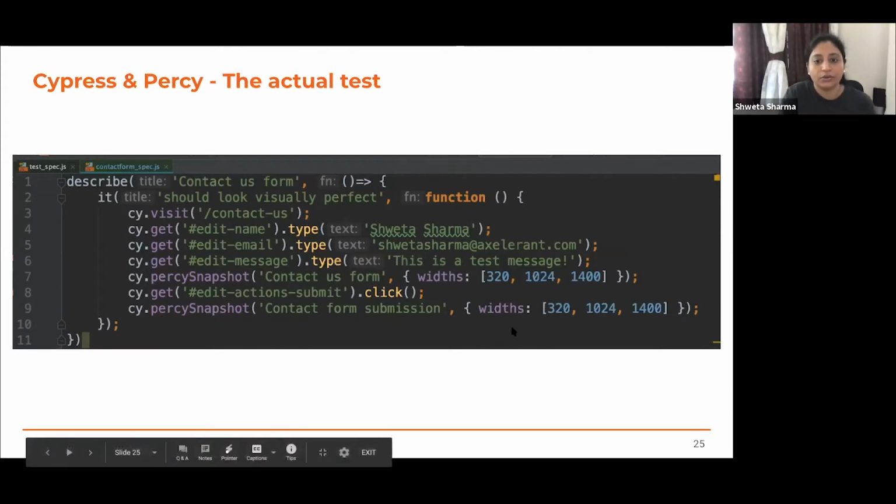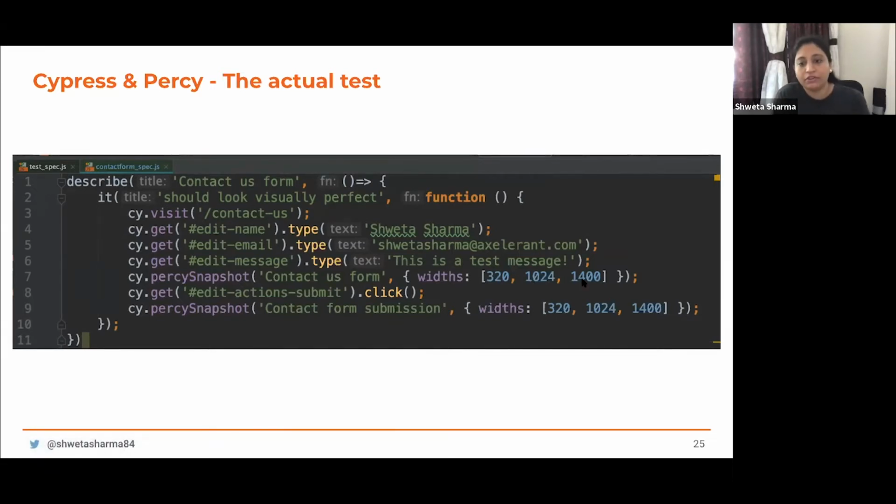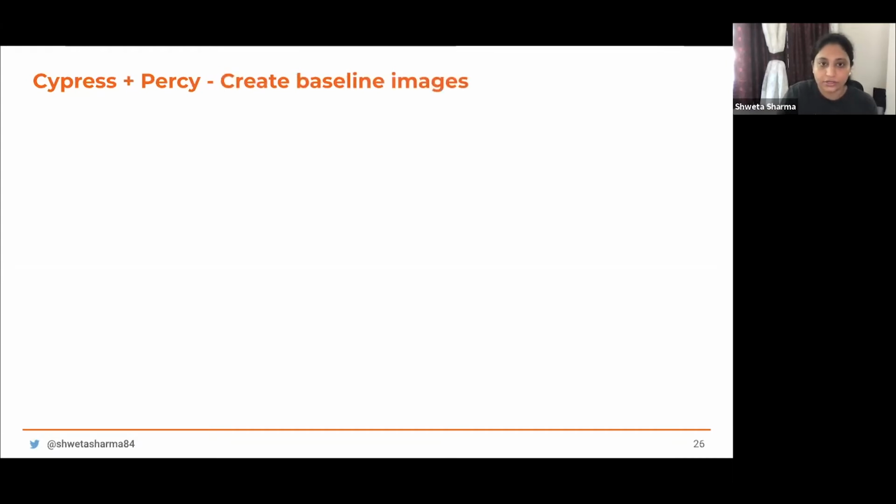And I've captured it on various viewports for 320, 1024, 1400. This can be, of course, configured on the test level, step level, or also it can be configured globally for all your tests. Again, after submitting the form, I have recaptured the screenshot to verify that the contact form submission test also works correctly. So let's see how this looks.